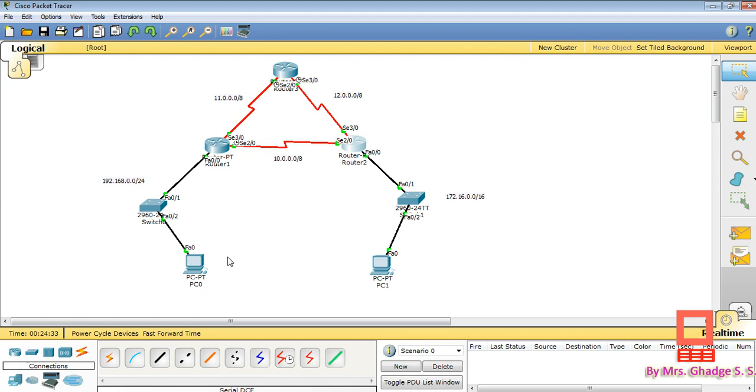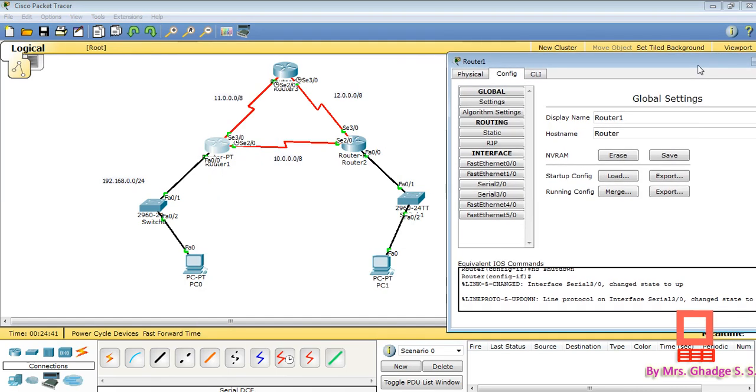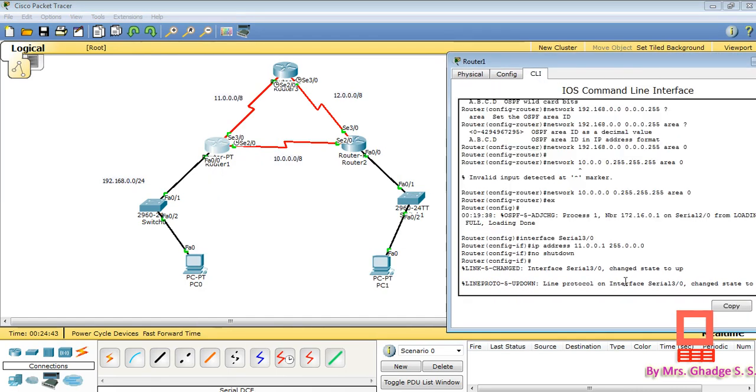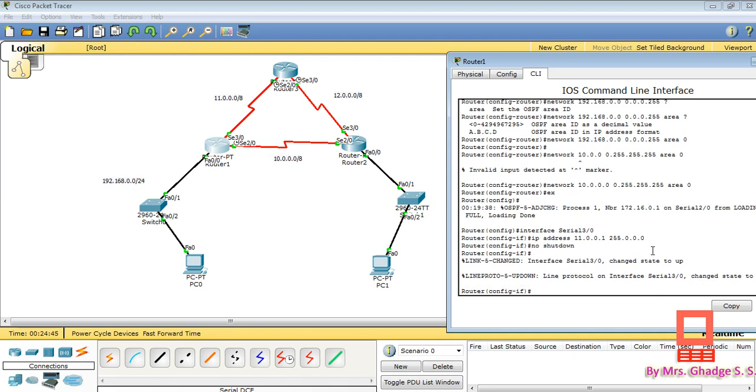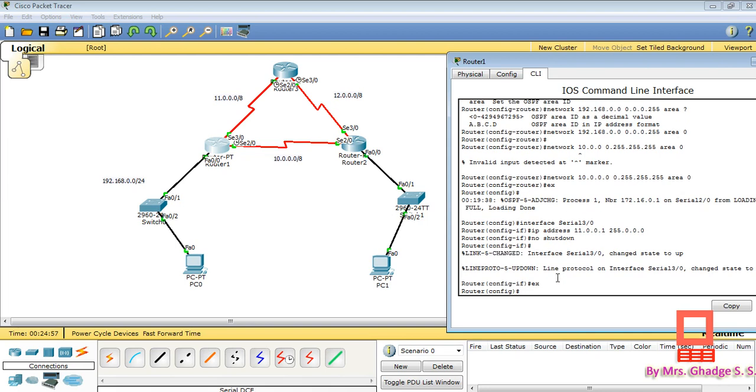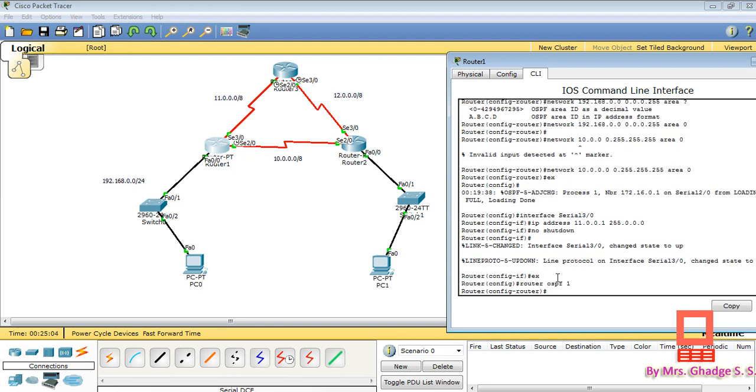Now we have to configure OSPF for all the three routers. For the first router, we have configured router 1 for two networks only. Now an additional 11 network is there, so we have to configure again for that 11 network. So we have to write the command, router OSPF 1, and then the network command.